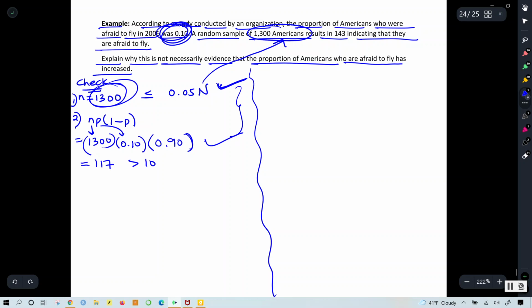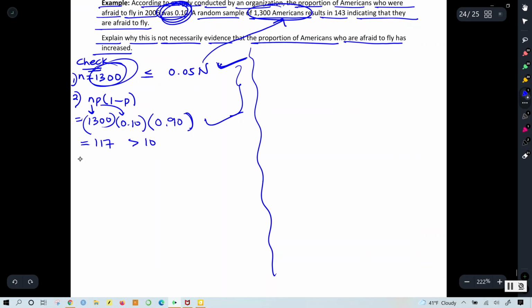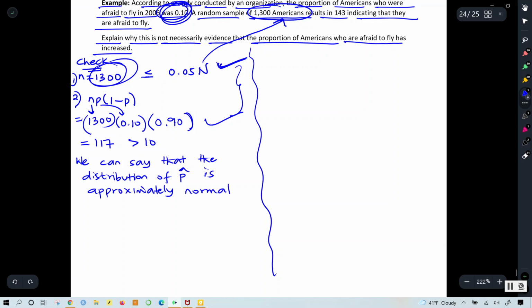Since these two conditions are met, we can say that the distribution of P hat is approximately normal